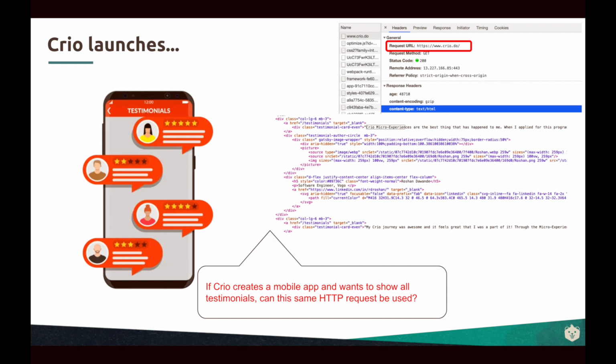If you were to think about it, it is definitely possible, but the amount of work that we have to do to parse this whole HTML data, extract this specific testimonials text from here, and then display it the way we want is too cumbersome. It's also not the right way to do it, because tomorrow, if your home page changes, this section could change, which means that the Android app will break because it was doing parsing based on some assumptions about the organization of these particular HTML tags.